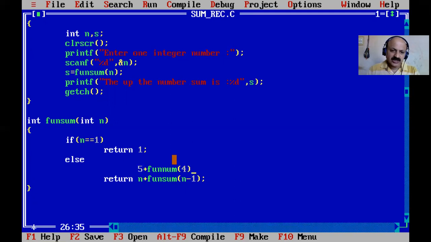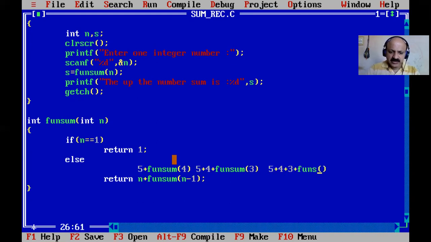I just showed you the first time, then the second time, 5 plus 4 is waiting, and the function sum is called again. Function sum is the name. Then it goes here with 3, because 4 minus 1 is 3. Again it is waiting: 5 plus 4 plus 3.